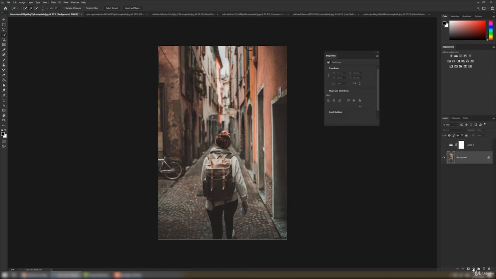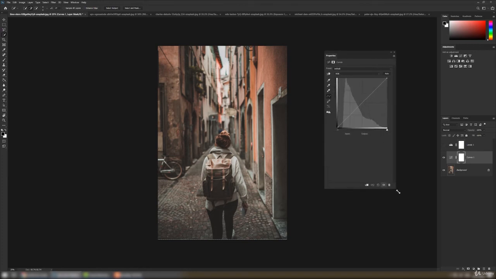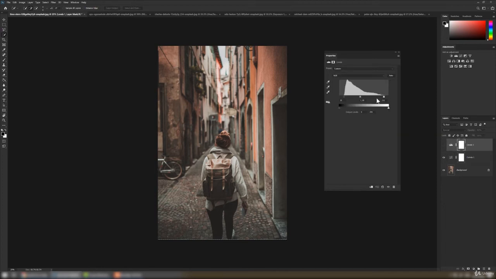We have curves that will improve our image. Let's see how curves work. We have darkness here, we have lightness here, we have midtones here, and in the same way we have darkness here, lightness here, and midtones here. And this is the graph of the image, which depicts the color of the entire image.